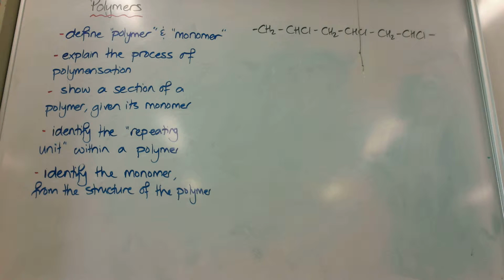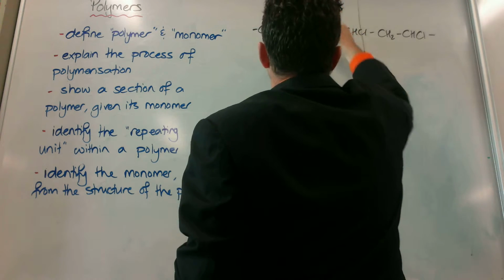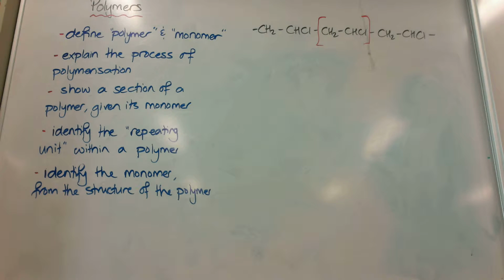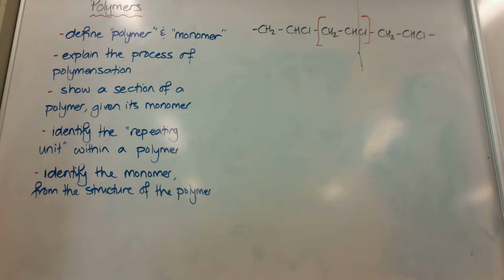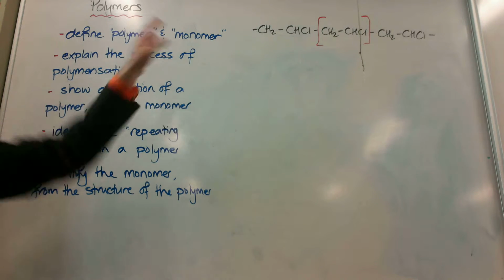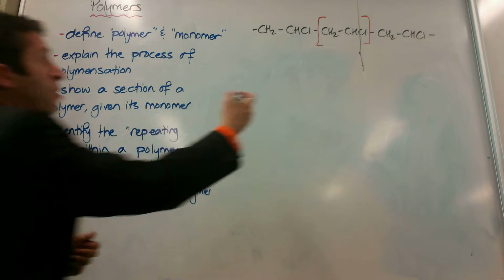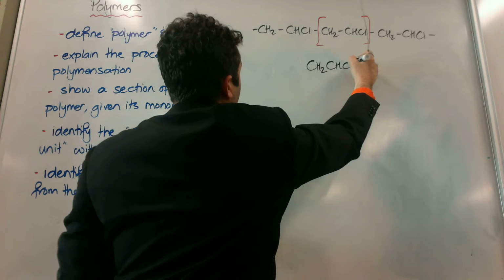The monomer that we can pull out of it is found by finding that repeating unit. So we said that this thing here, CH2, CHCl, keeps being repeated. That's what we call a repeating unit. So we could actually draw that out, and that would be our monomer, the thing that it's made from. So mono, one, mer, unit, one unit from the polymer. If I write CH2, CHCl like this,